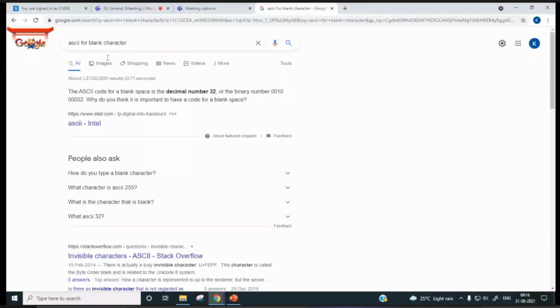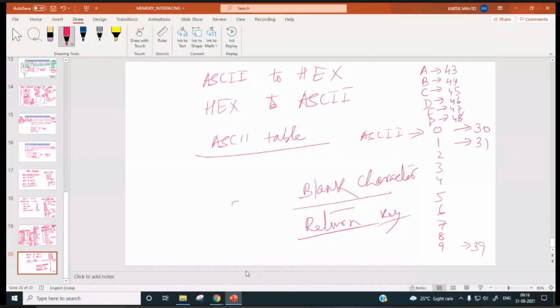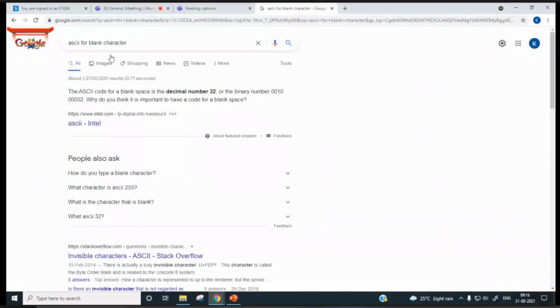Right, it is 20. So for the blank character it is 20, and for the return key, return.